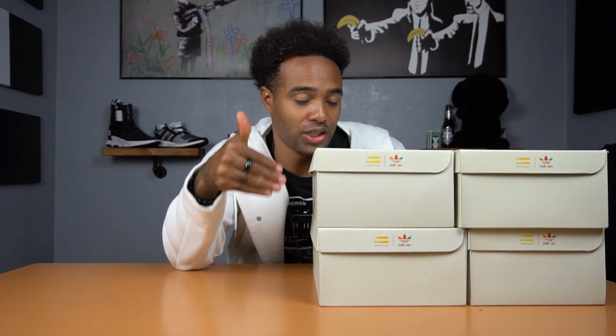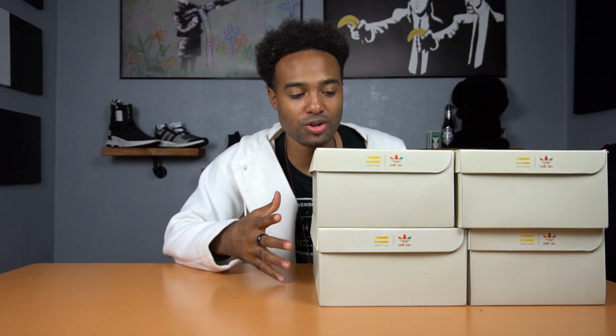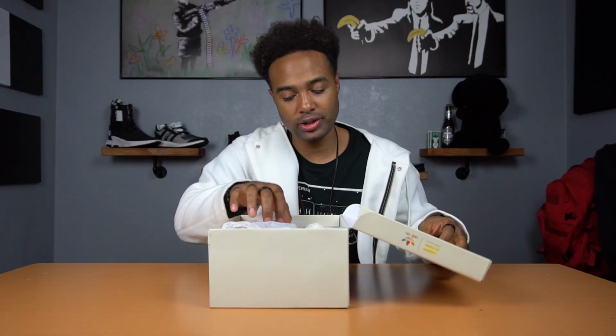Now, I can't really say much except that we were able to procure all 4 colorways of the recent launch of the NMD Human Race trails. Now, they are fetching for a pretty hefty price on resale right now, with some being more popular than others. We're going to show these one by one as we go scene by scene to see how they stack up against each other and see how we actually feel about them as a community. So let's go ahead and check these out. And the first colorway goes to...